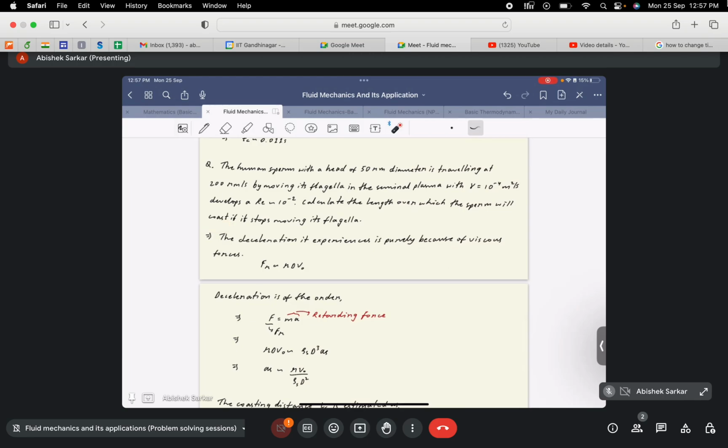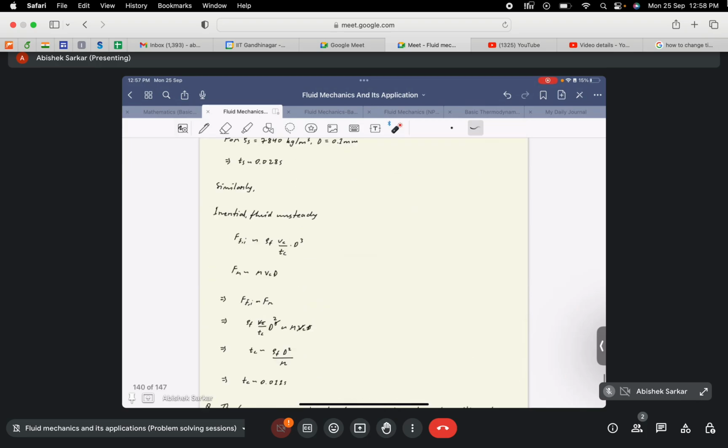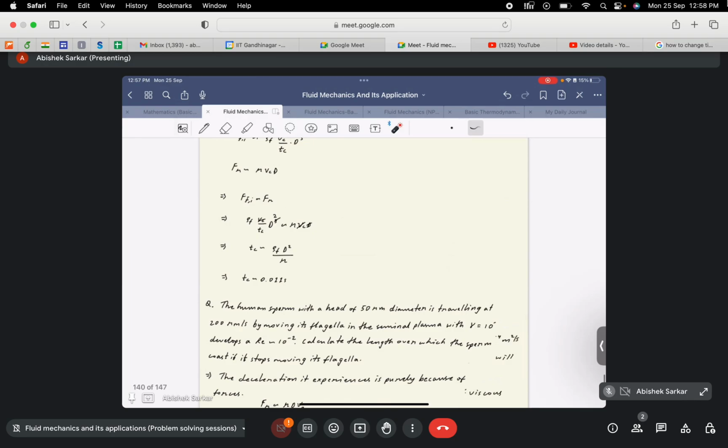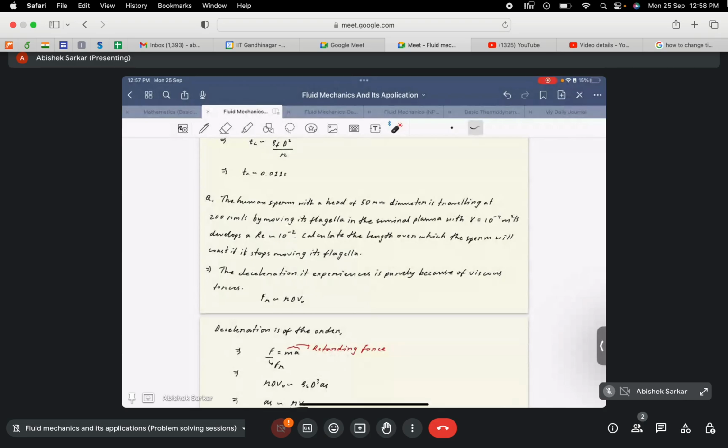Here the deceleration is purely because of the viscous forces, because there are no other forces in that particular flow field. So the only force that would result in a deceleration of the sperm is the viscous force. The inertial forces of this sperm would be balanced by the viscous forces. So the deceleration is of the order,